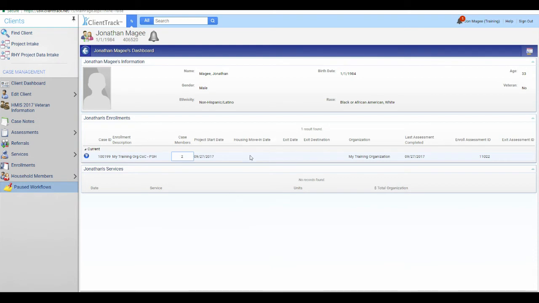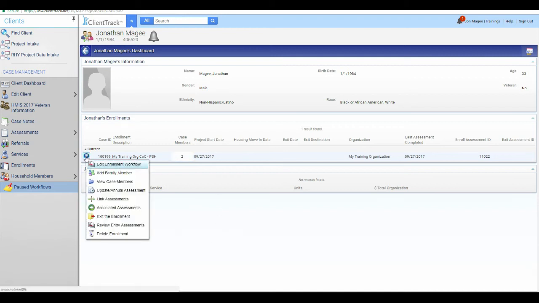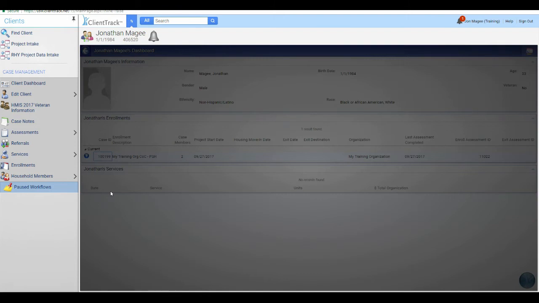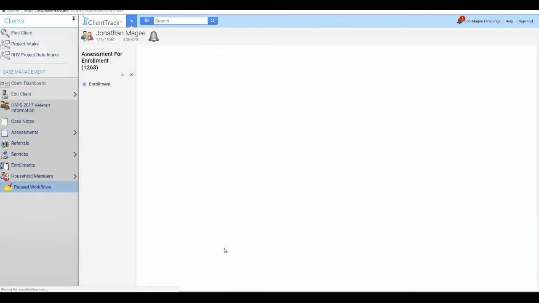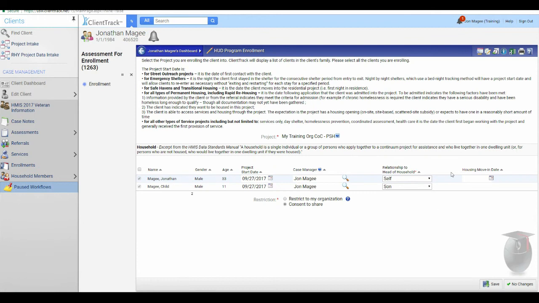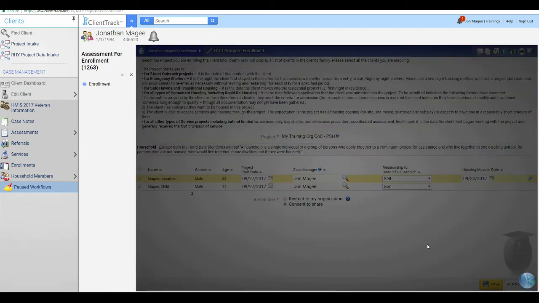The only other thing I want to cover here is for those permanent housing projects, when we need to add the housing move-in date, the quickest way to do that is if you click the action button beside the enrollment. You can click on the update annual assessment button. This will take you straight to that program enrollment page here, and we can go ahead then and add that move-in date. So let's say they enrolled on the 27th initially, we housed them on the 30th. We could do that. You can click save,